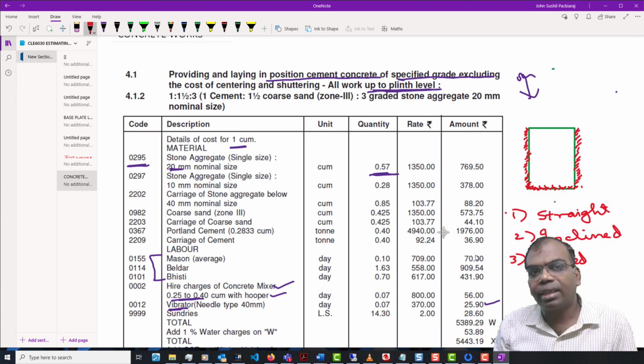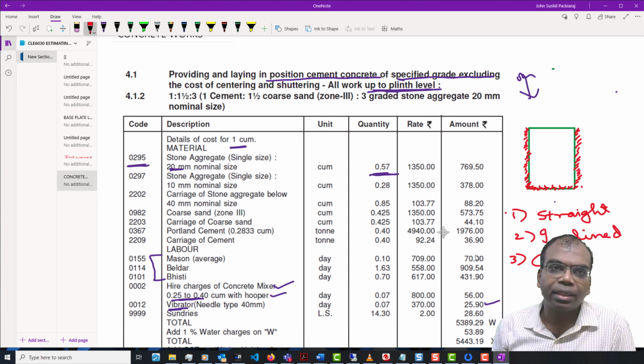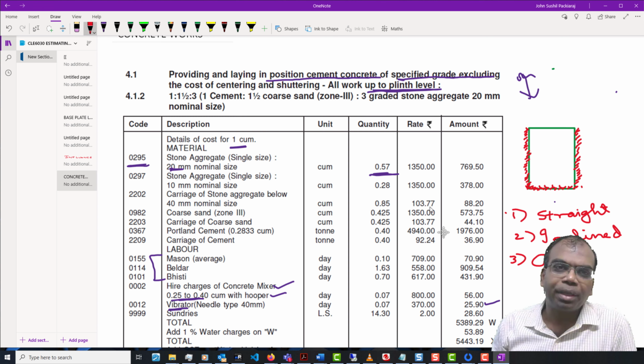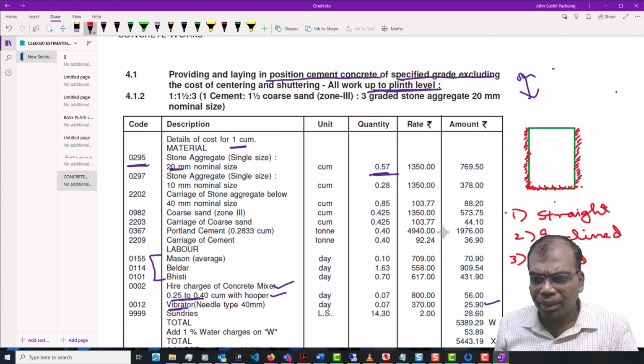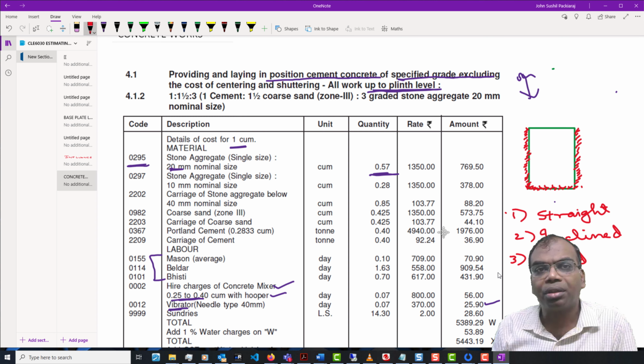Then there is this inclined, like under a stairwell. So you need to position this very accurately so that the concrete is in the correct position. And going beyond, you have the curved shutter. For example, it may be a curved roof, or it can be the lining for a tunnel, chimney, and all such structures. These are all structures where you are not going to have a straight, flush, flat surface.